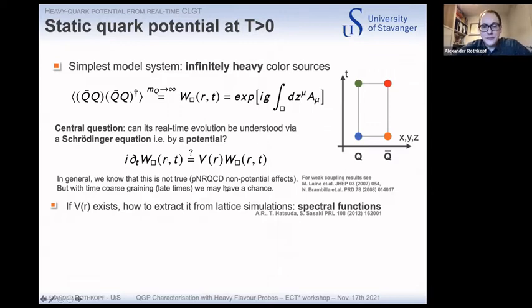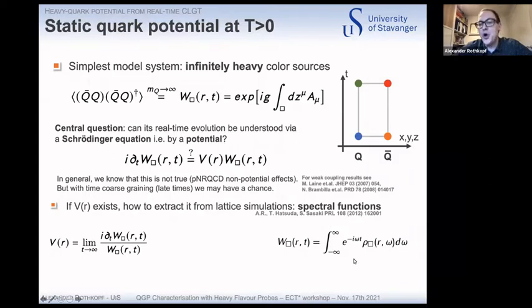Well, if such a potential exists that describes the Wilson loop, then we can use the equation of motion of the Wilson loop to define what that potential means. Namely, I can just divide by the Wilson loop on the right-hand side and look at the derivative of the Wilson loop divided by the Wilson loop at very late times. Then this function V should eventually become time independent if a potential picture is applicable. And often it is